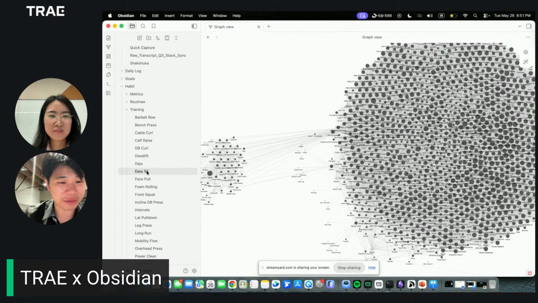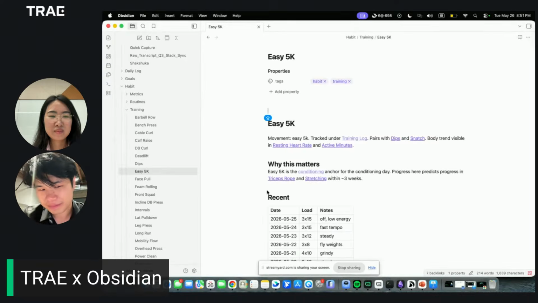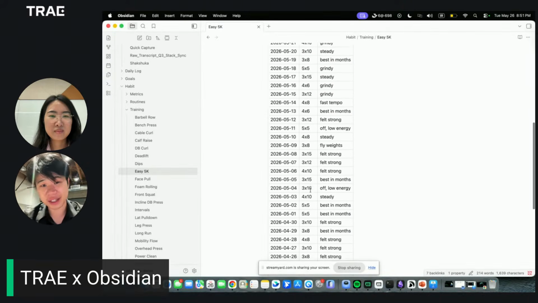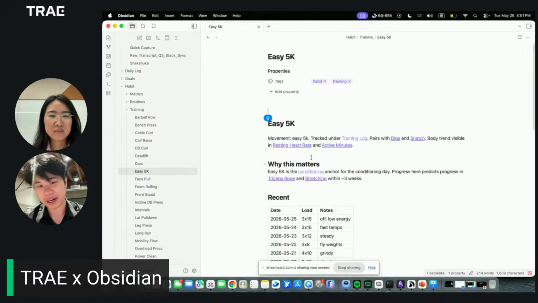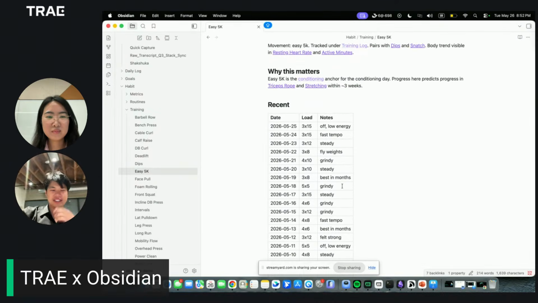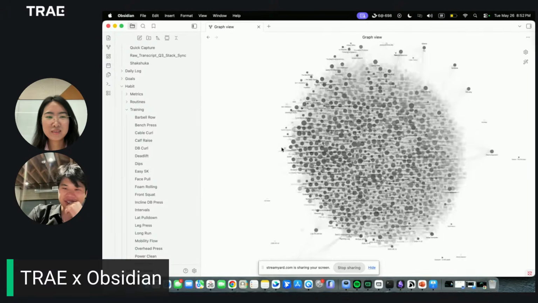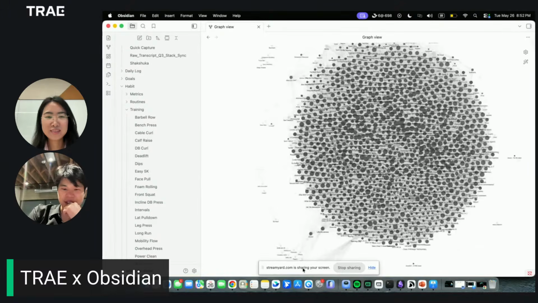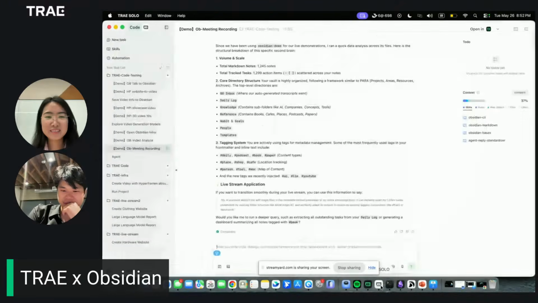So for example, if I just do a 5K run, it shows up the date and all the information. I didn't type anything, didn't type any character. It's the AI doing this for me. So yeah, I think this is the use case for Obsidian. Highly recommend everyone to try it out. Pretty magic stuff, a magic use case.